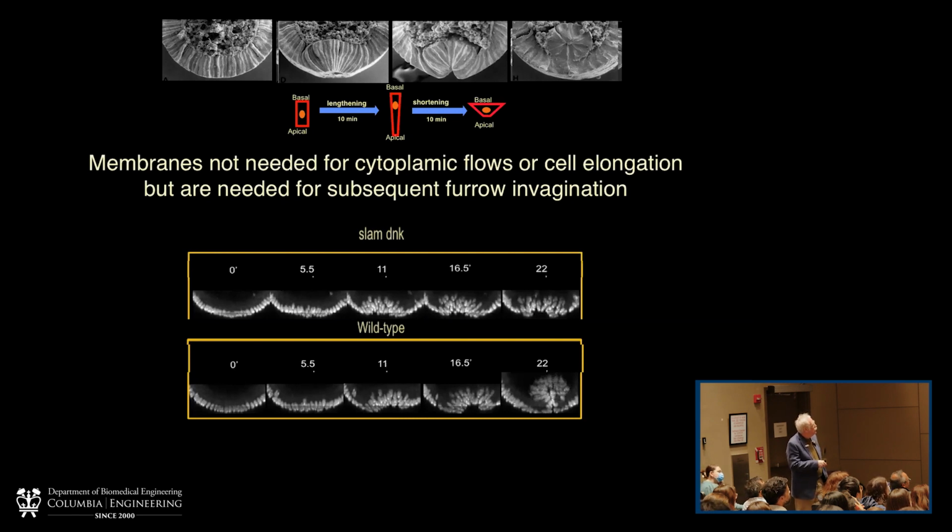Normally, if you follow here, we're just looking at nuclei, we can see this displacement of the nucleus, and, here, this is wild type, sorry. The flows of the cytoplasm and displacement of the nuclei, and then a furrow formation and an invagination of the furrow. Whereas in the single-celled embryos, they can do the apical constriction, drive a laminar flow, drive a redistribution of nuclei, but they can't do the actual invagination.